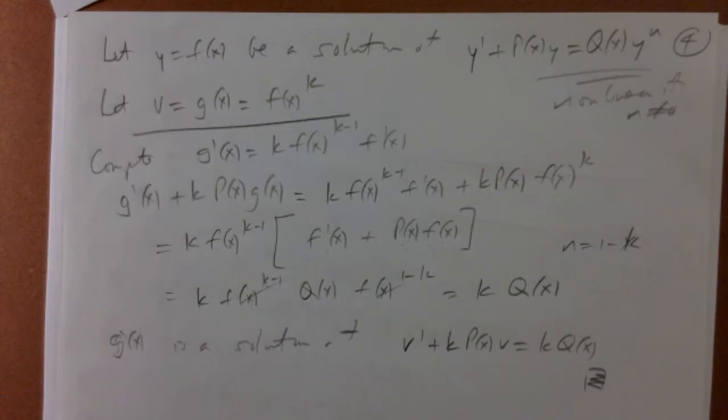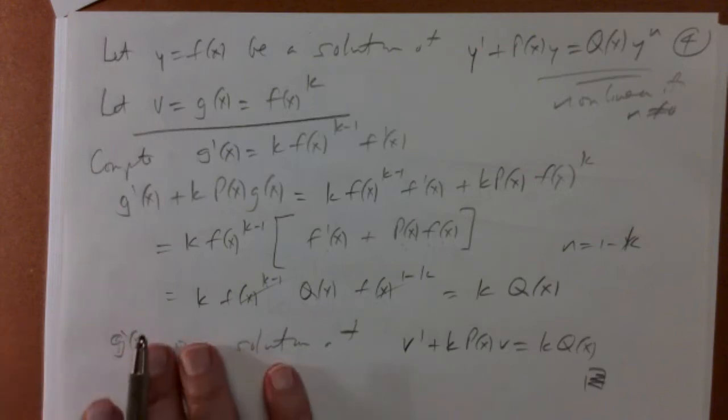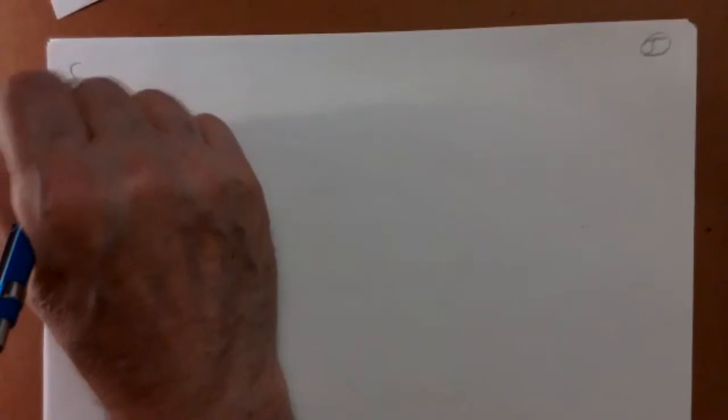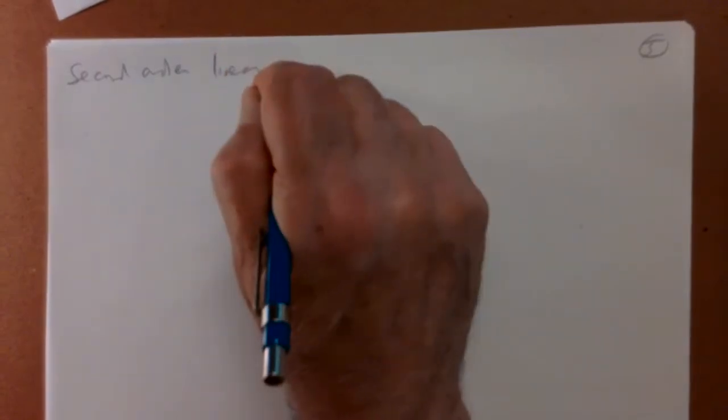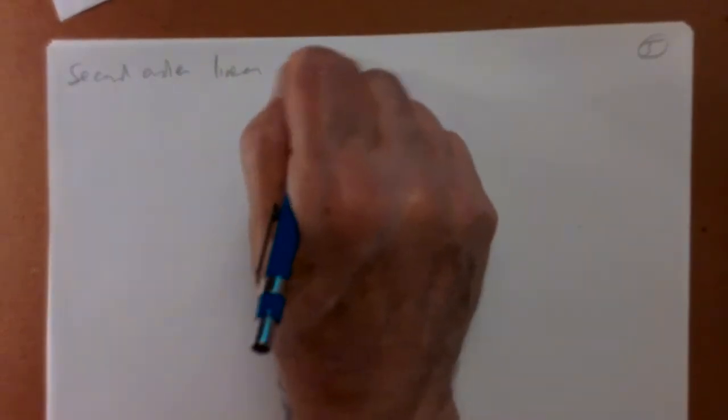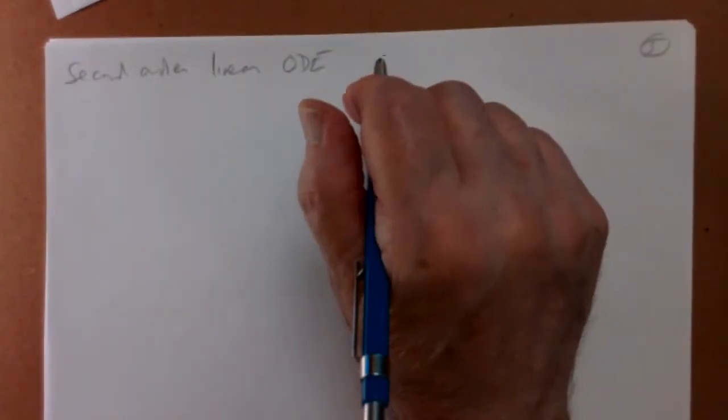Okay, so we just studied linear first order differential equations. And now we want to study linear second order differential equations. For those of you who study some physics, you'll know that these come up constantly in physics. Acceleration is a second derivative. So a second order linear ordinary differential equation in its simplest form